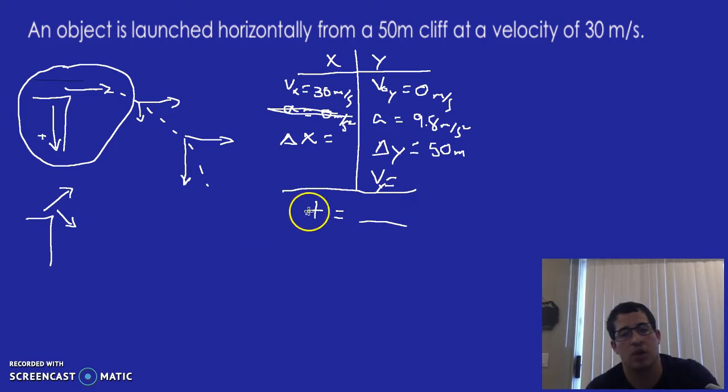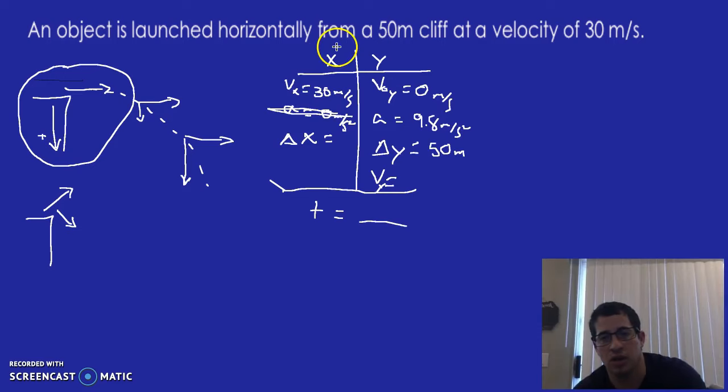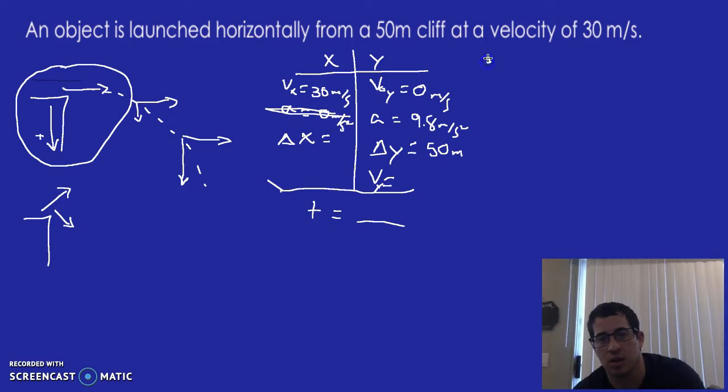Okay, so we'll start by finding the amount of time it takes to hit the ground. In order to do that, what quantities could we use to find that? Do you think we could use these horizontal quantities, or should we use these vertical quantities? I don't think we have enough information here yet, so we're going to have to stick with over here. We could use this equation, delta y equals v naught t plus 1/2